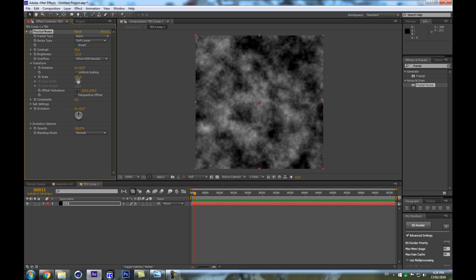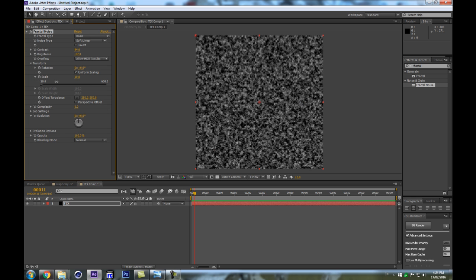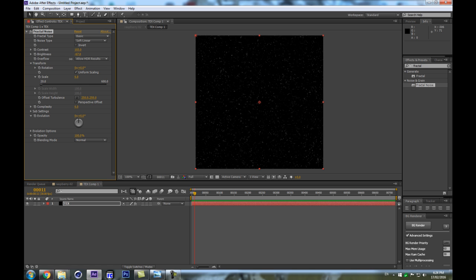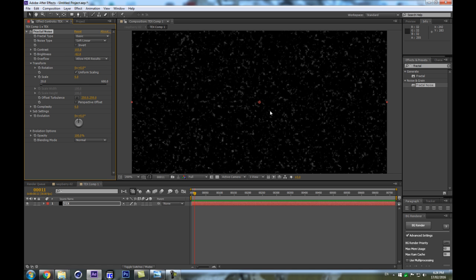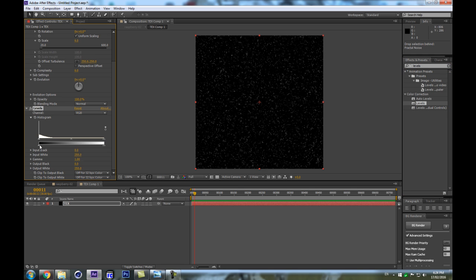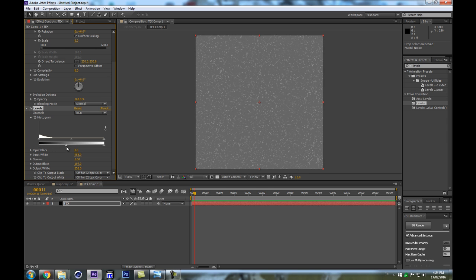So let's scale it down, and let's have less of the white, so just a little bit. So now we have some kind of speckles happening here, but still we don't want our thing to be black, we want it to be gray. So let's add some levels, or else our Raspberry will be a little bit too dark. So we can do that to get our base